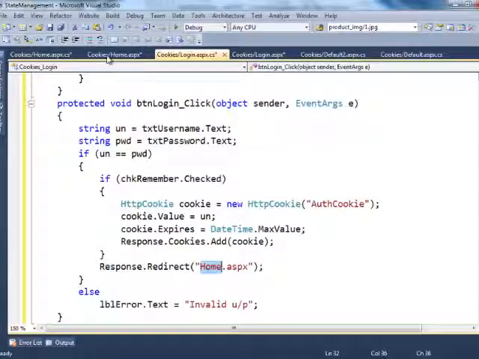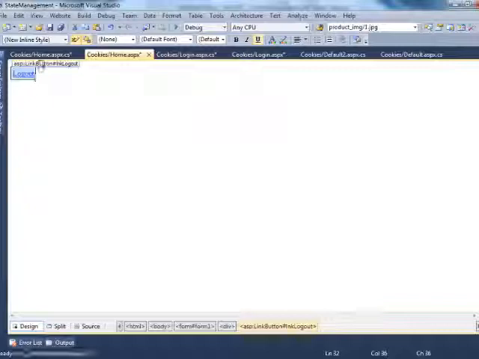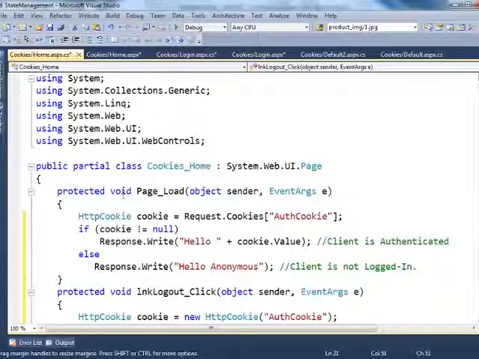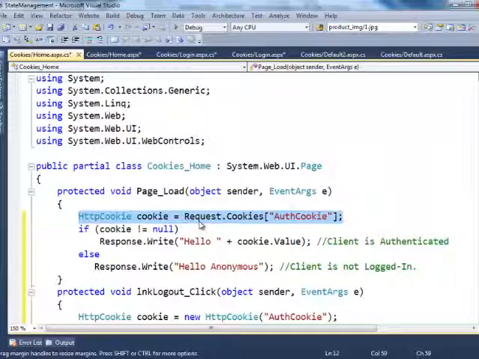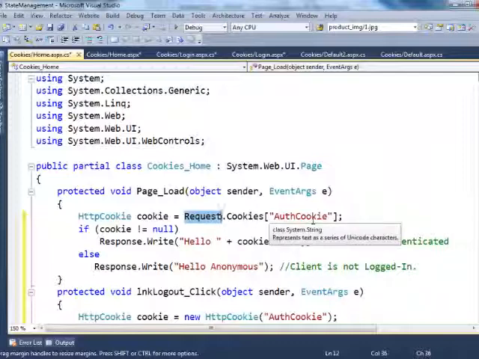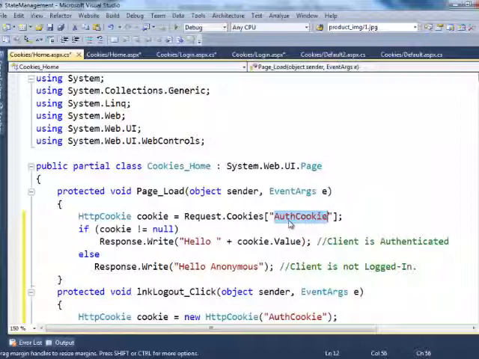Home page, a link button is there. In the page load event, what is the code? HTTP cookie equals to taking the value from this cookie, request dot cookies of auth cookie, from the last page in the cookie collection object.